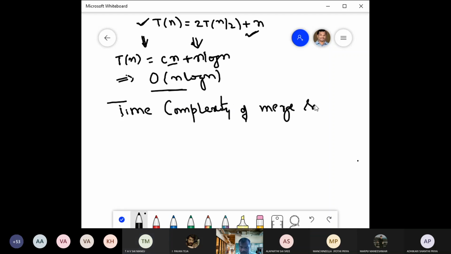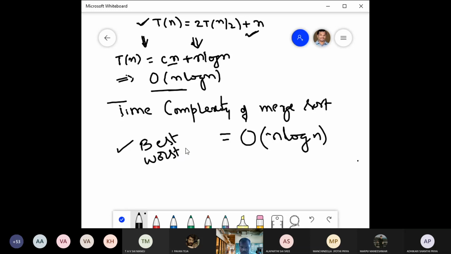Time complexity of merge sort is order of n log n, and this is for the best case. It is also for the worst case. For all the cases, the time complexity of merge sort is n log n.